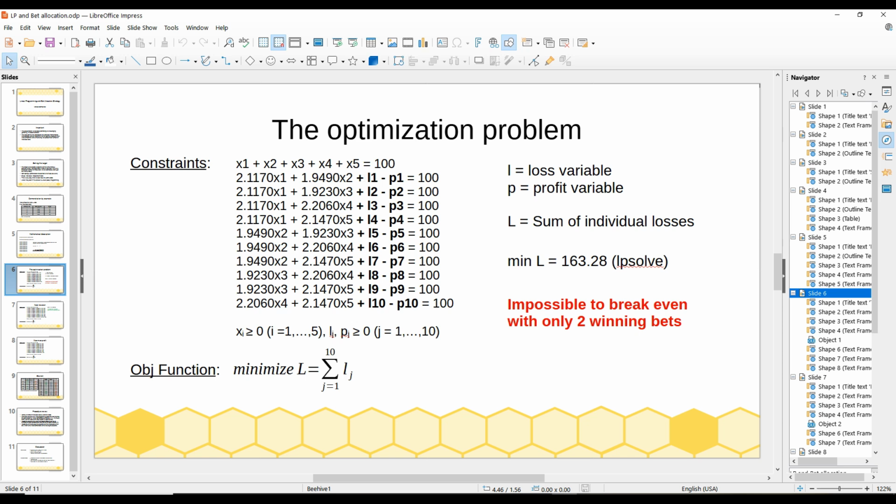Of course, we break even. In this case, the return, which is the sum of those two terms in the equation, is equal to the amount of money we place. Okay, and L1 and P1 are equal to 0, both of them. The second possibility is that